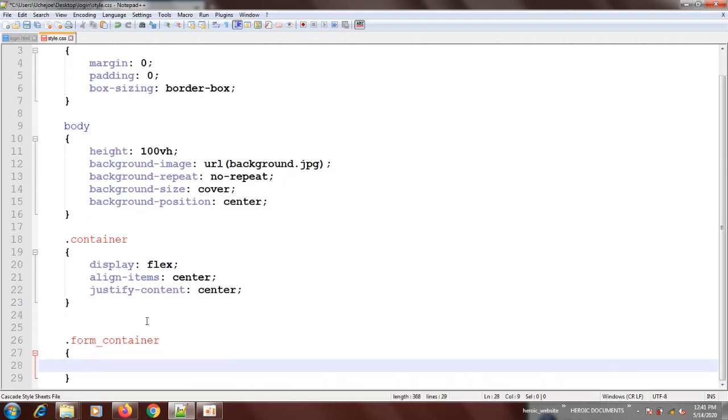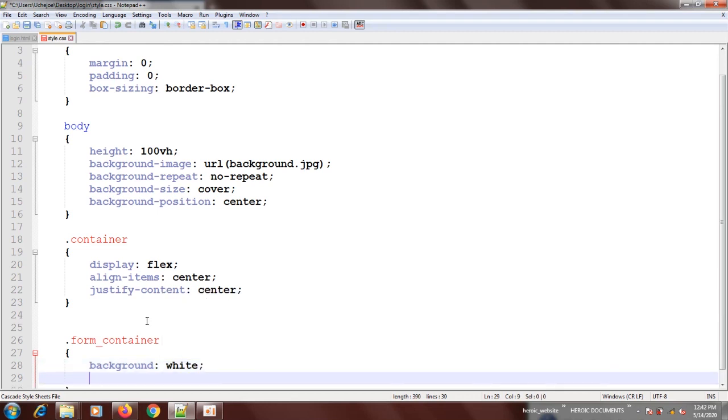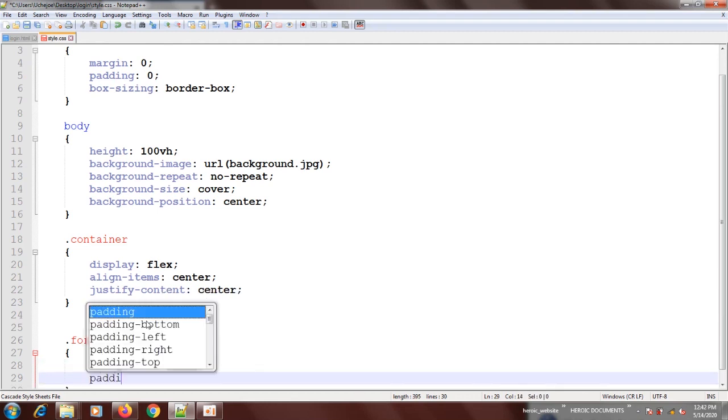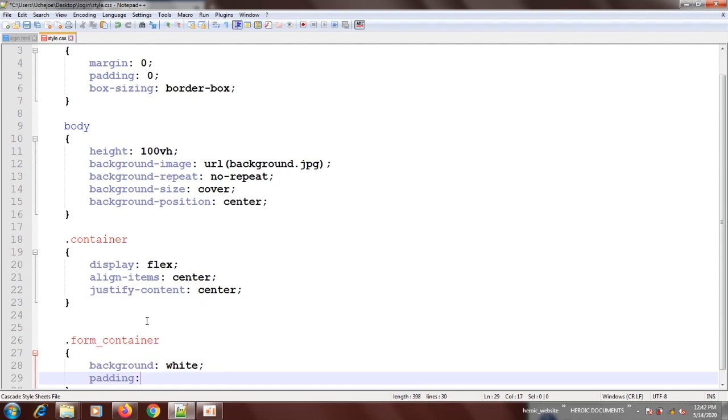Okay, then form container. We're going to style it. First, we're going to give it background color of white. Then we give it padding of, let's say, 10 pixel, let's say 20 pixel.